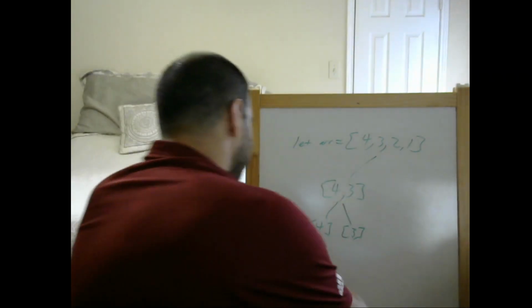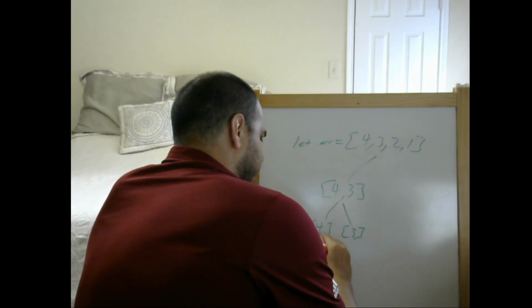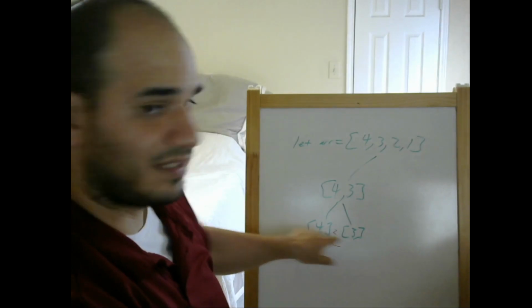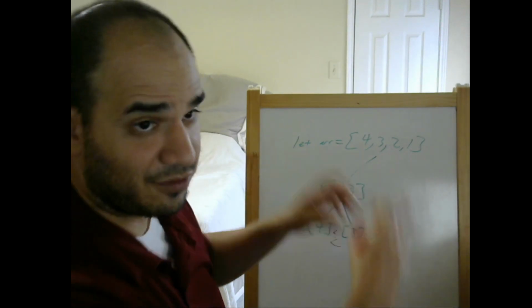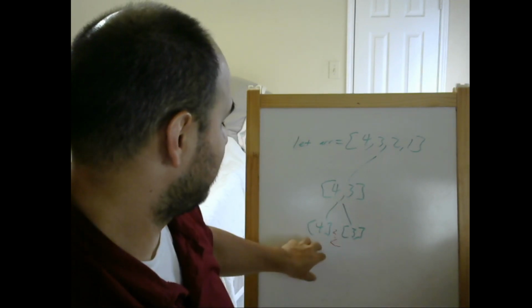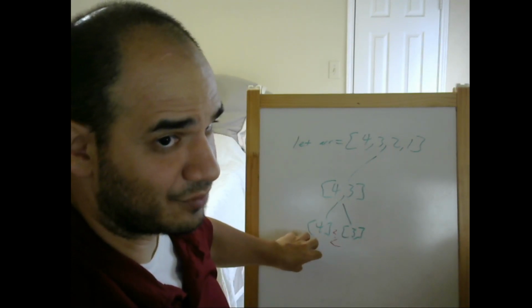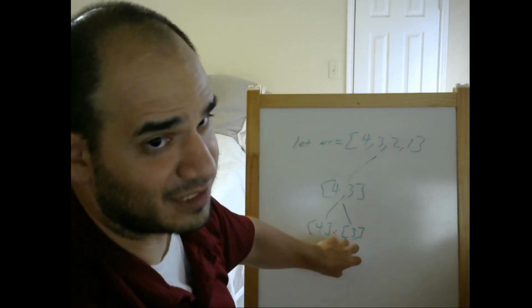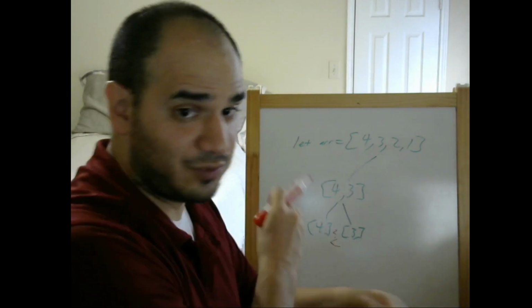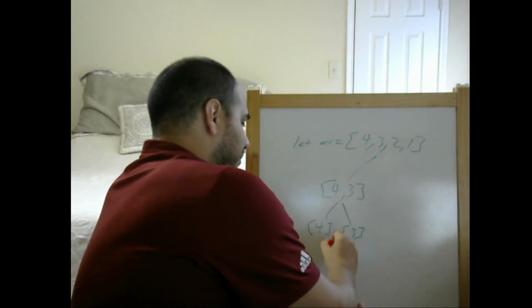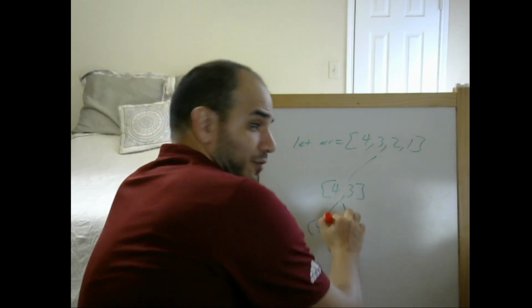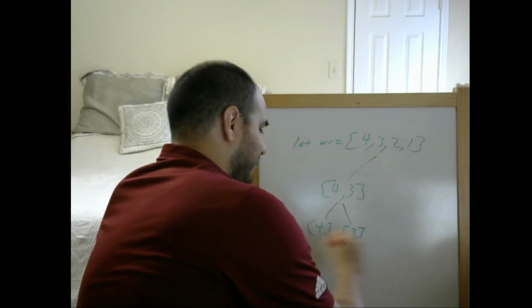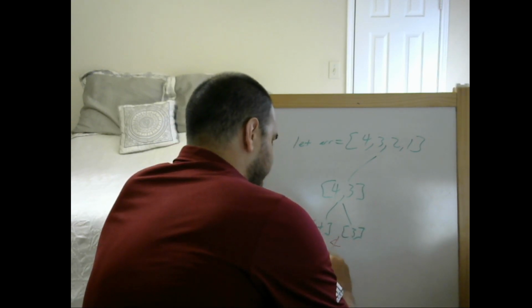it tests: is this less than this? And if it is, then whenever it merges them back together, it merges it with this item first, and then this item second. If not, then it swaps them. So the question is removed. We know that 4 is not less than 3, right? So